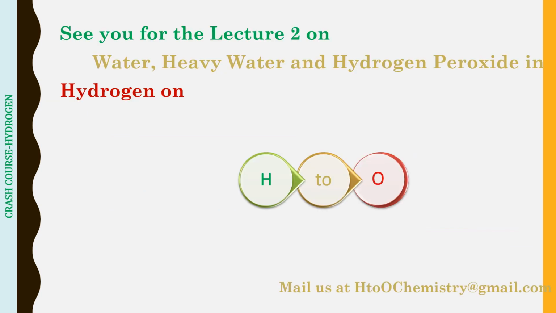So that is as far as my 7 lectures from the course hydrogen is concerned, and there are going to be 7 more lectures in that course, making it a total of 14 lectures. And therefore, the lecture 2 is going to consist for this crash course. We will be covering water, heavy water, and hydrogen peroxide. So I hope you like the lecture with all these MCQs. You have been doing some problem solving also and learning hydrogen as well.